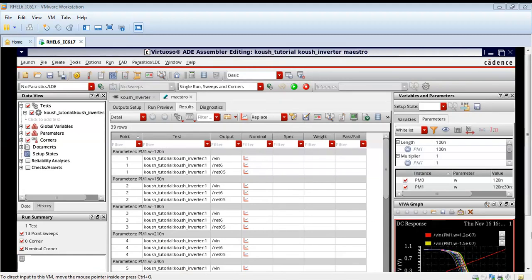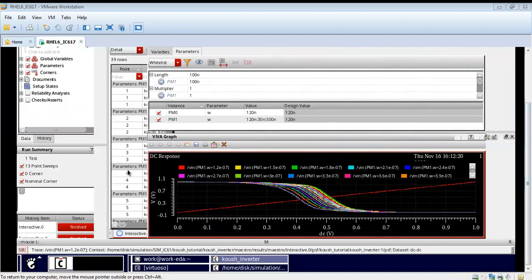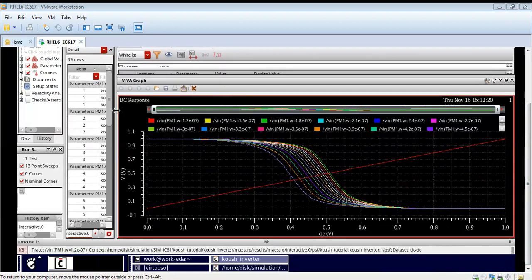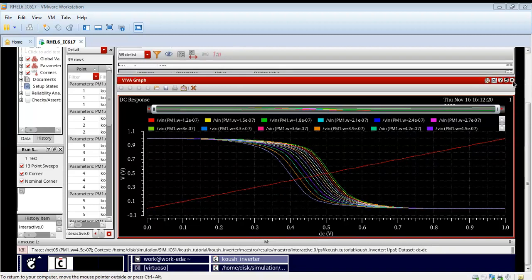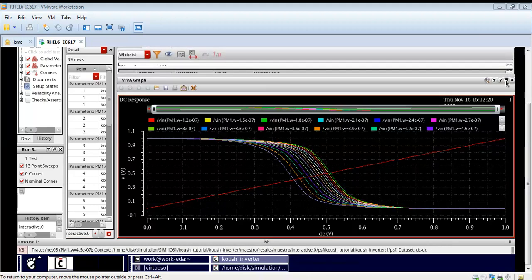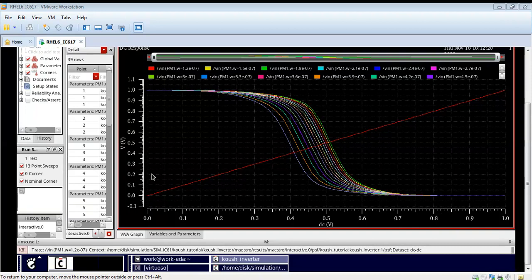So as you can see, we have got the DC response. So you can see this DC response. So we have got the DC response for different widths of PMOS. You can select the PMOS width which gives you the best response in this case.